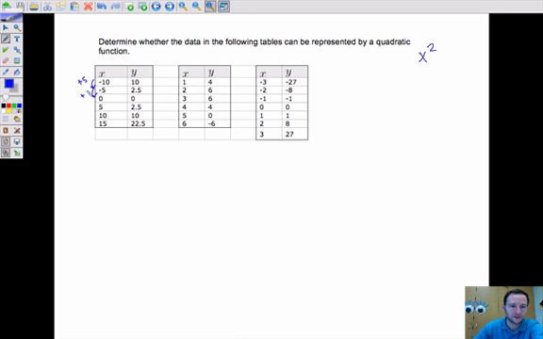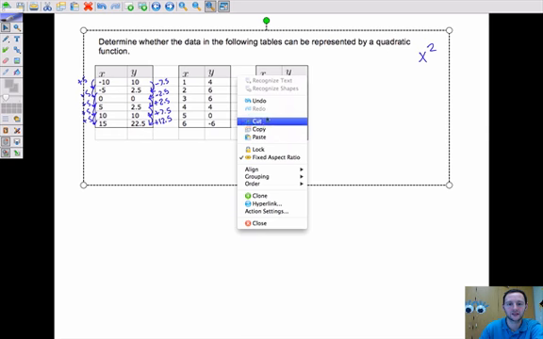That goes up 5, up 5, up 5, up 5, up 5. So the difference is always 5. The difference here is minus 7.5, minus 2.5, plus 2.5, oops, plus 7.5, plus 12.5. Okay, now if we take